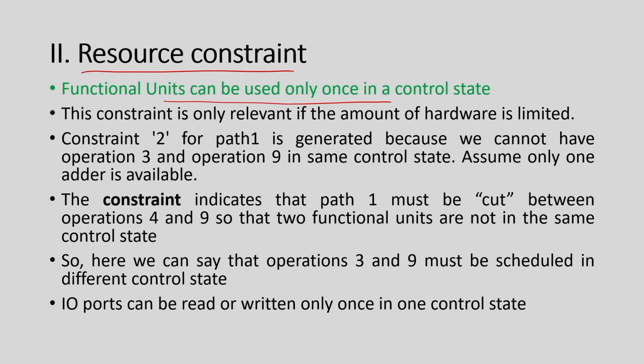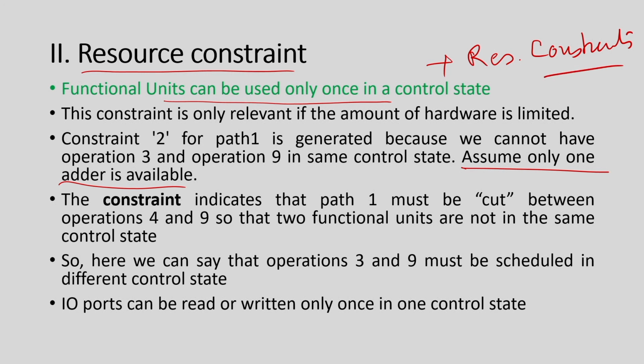The first thing is that the resource constraint gets satisfied, and the second point is that you cannot use one function unit two times in a state, which is very obvious. If there is one adder, I can do only one operation in a state. So, the resource constraint clarifies both things: that you use the adder once in a state, and that you satisfy the resource constraint. So, this is the resource constraint.